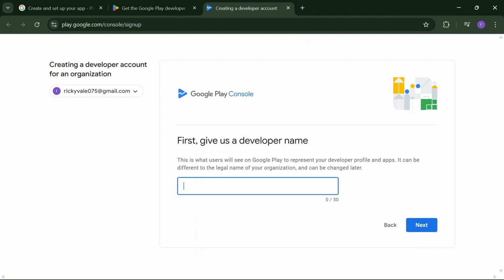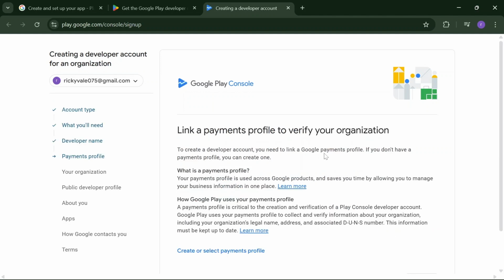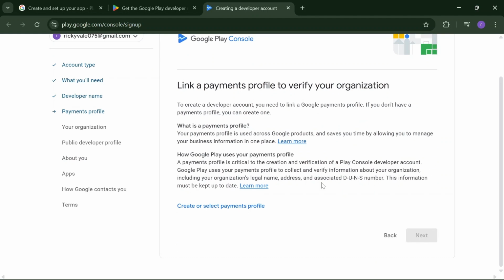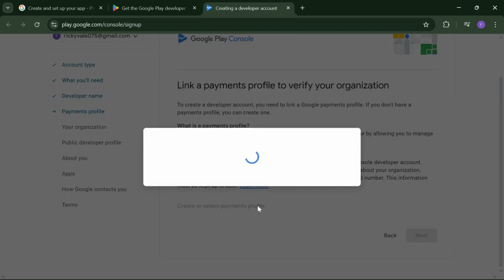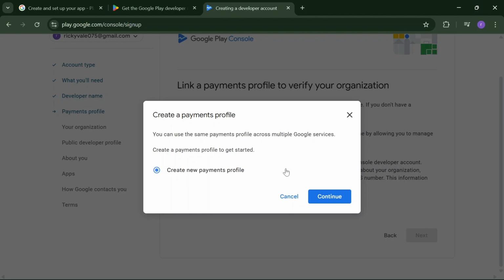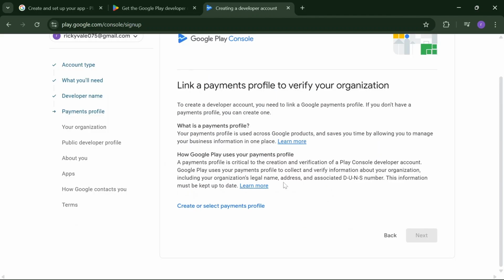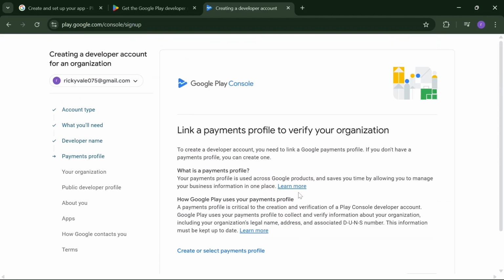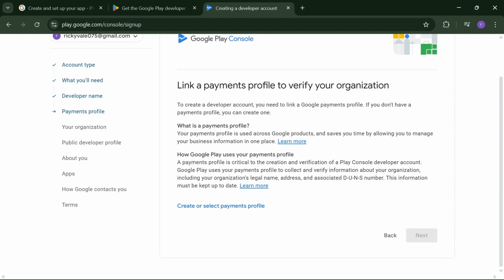So you just simply need to give them a developer name. I'll just give the developer name as Rick's Creation and click on next, and link a payment profile to verify your organization. And you just have to simply create a new payment profile for that, and after that you have to simply give the details of your organization, public developer, create a public developer profile